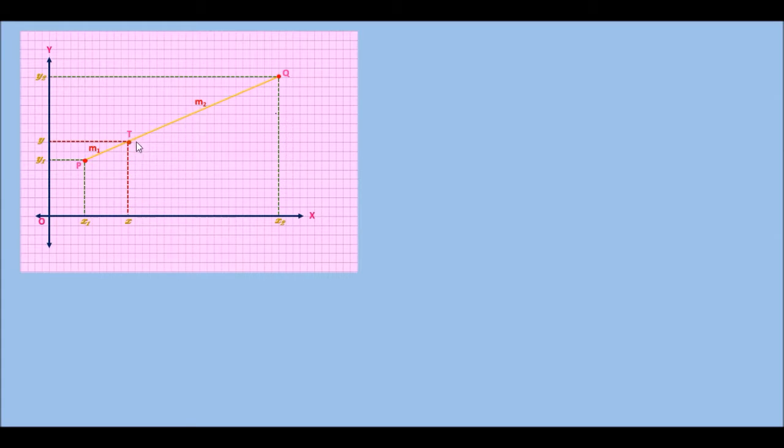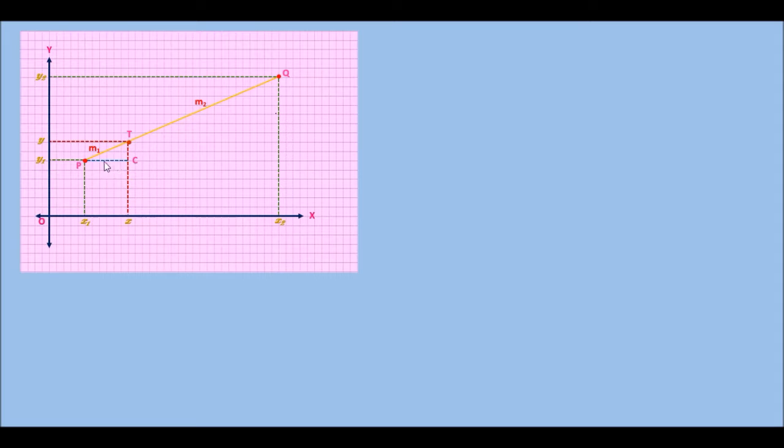Now we will be finding the coordinates of this point T which divides this line segment in the ratio of m1 is to m2. We will be finding the values of x and y in terms of the coordinates of this point P, this point Q and the m1 and m2. For that,